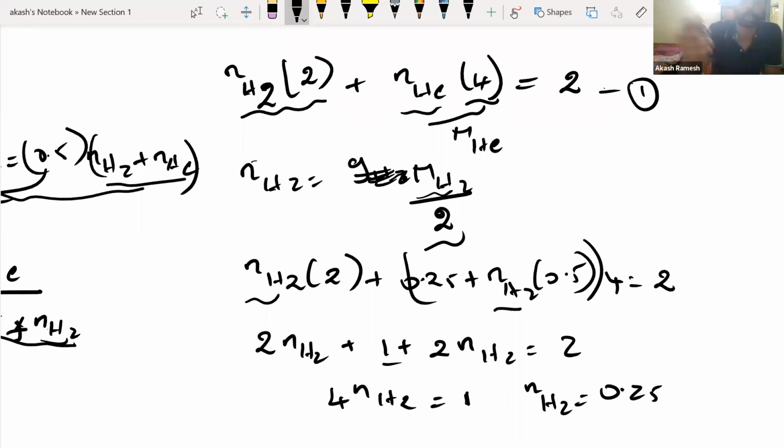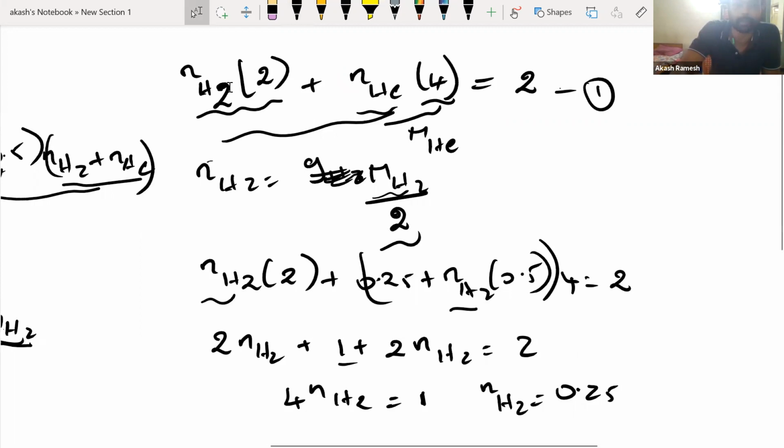That's it, guys. I did nothing. I took this equation and I combined it with the previous equation, so I got the equation only in terms of number of moles of H2. Actually, we could have done better, because they're asking what is the mass of helium. Maybe we can write in place of H2. If we substitute, I think you're going to get a better answer. But anyways, no issues, right?